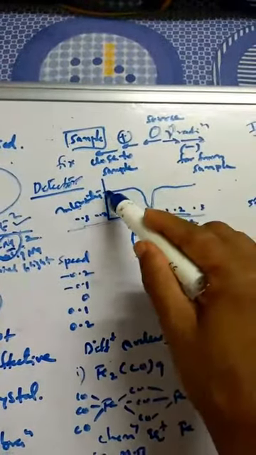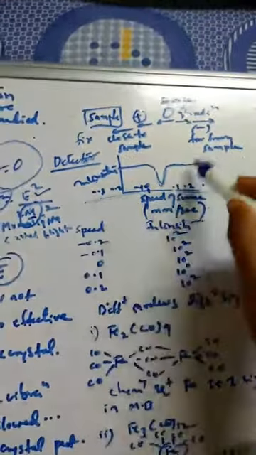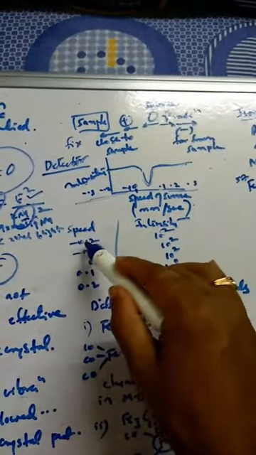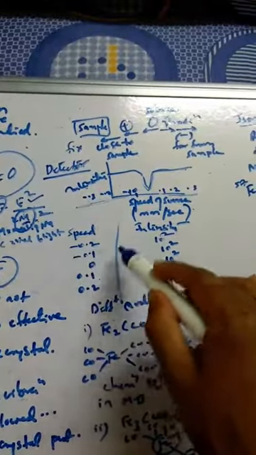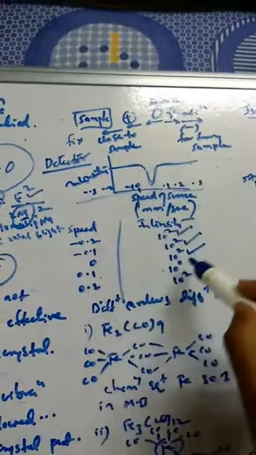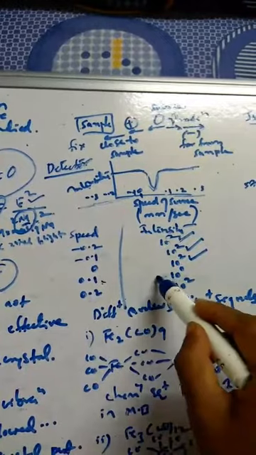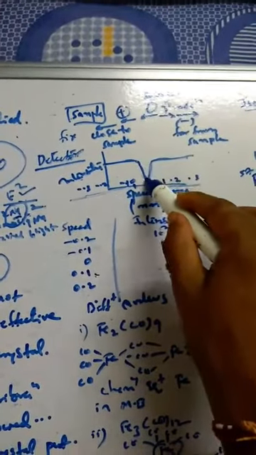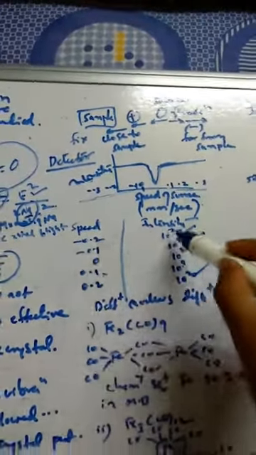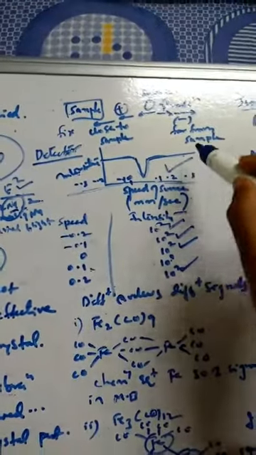Like this, you can see it is almost constant, then one peak comes, which has the absorption, and then it is constant again. This graph is with respect to the readings of speed versus intensity. The speed you can see here is minus 0.2, 0.1, and the intensity is 10 to the power of 2, 10 to the power of 2, so constant at 10 to the power of 2. Then suddenly it comes to 0, so at 0.1 positive you get 10 to the power of 0. That is where absorption takes place. Again it increases to 10 to the power of 2, and again it remains constant. Depending on this graphical data, you are going to get this peak in Mössbauer spectroscopy in this fashion.